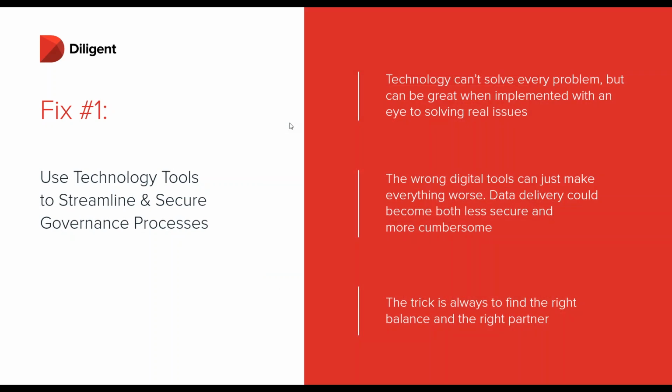So I think the last thing that we want to talk about is to take a step back and talk about governance processes in general and the implementation of technology to make those processes more efficient, and thinking about the idea that there are right ways and wrong ways to do it, right? If you have an existing process in place and you're taking that same process and applying a technology to it, you're not really getting bang for your buck there. It's a lateral move. You haven't done anything at all. But if you implement the wrong solution, or the right solution in the wrong way, you could introduce additional problems that you wouldn't even think about, right?